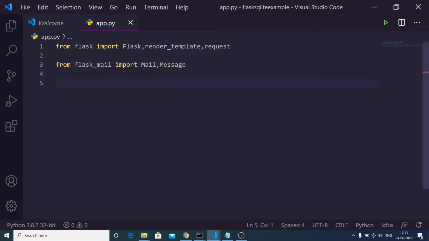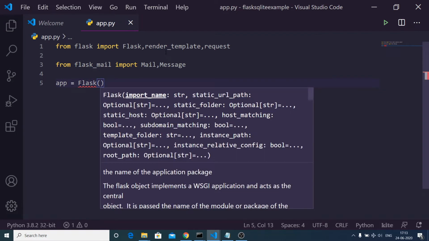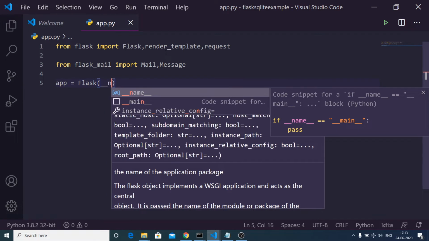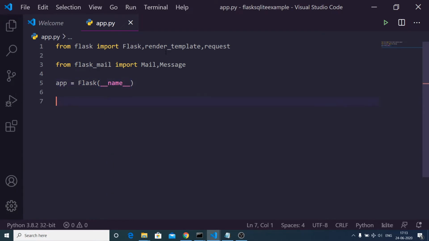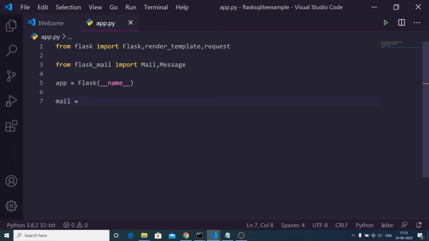After importing the library, we will start the Flask application, which will be like this. This is a standard way of starting any sort of Flask application. After this we will initialize our mail instance with Mail, and we will pass the app instance like this. After this, guys, we will start the Flask application like this.